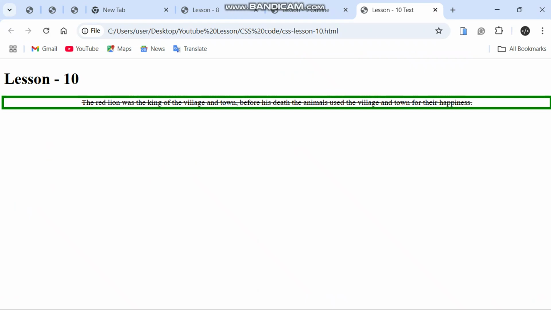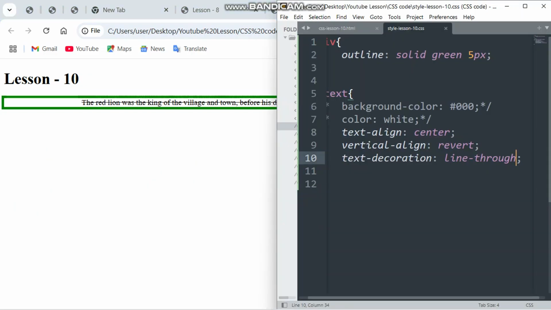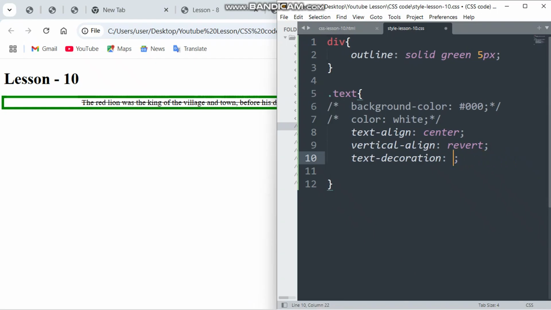Now you will observe that our tiny line has gone through the text. Okay, now we can use thickness, we can use style, we can use color. There are several other things we can use here. We can say